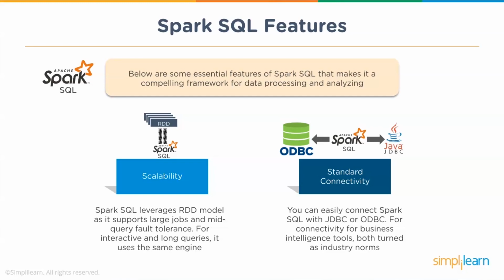And in newer versions, the same schema RDDs are called data frames. There are different ways in which you can use Spark SQL. You could use an ODBC or JDBC connector, and then you could be connecting to your external databases, business intelligence tools, and then extract the data from your underlying data stores and process them.